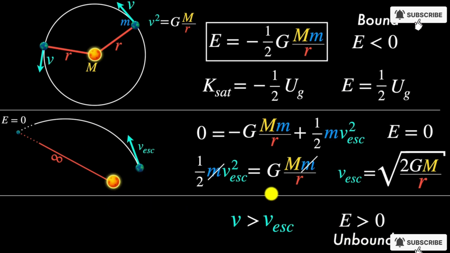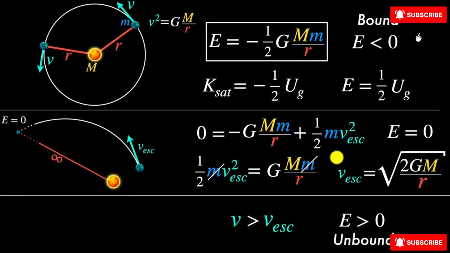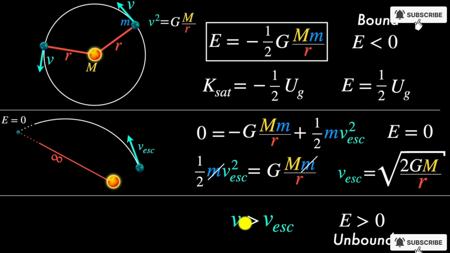And so we now have the full picture. If the speed of the orbiting object is less than the escape speed, then the total energy will be less than zero. We are in the bound state. In a special case, the orbit will be circular, but in general, the orbit would be elliptical. It'll be a closed bound state. In contrast, if the speed of the orbiting satellite is more than the escape speed at that particular given position, then the total energy of the system would be more than zero. Now it'll be unbound. The path will be a hyperbola. It'll take a hyperbolic path and it'll never come back.